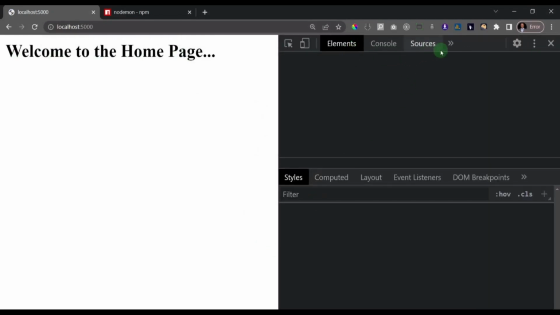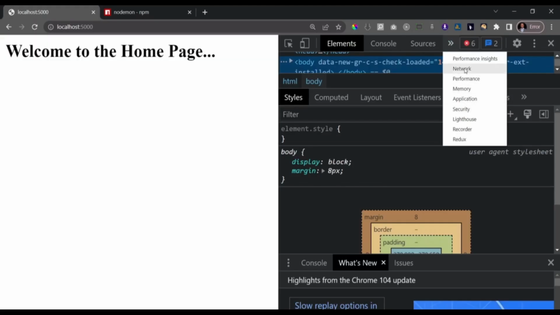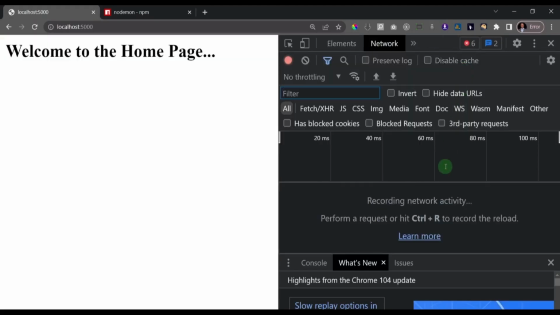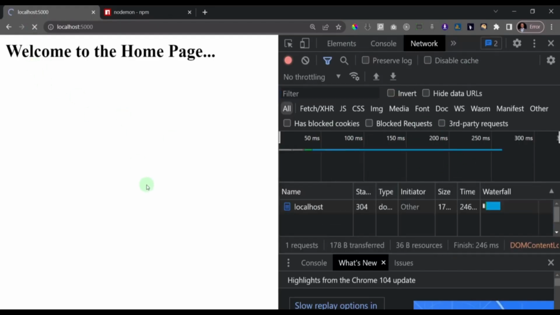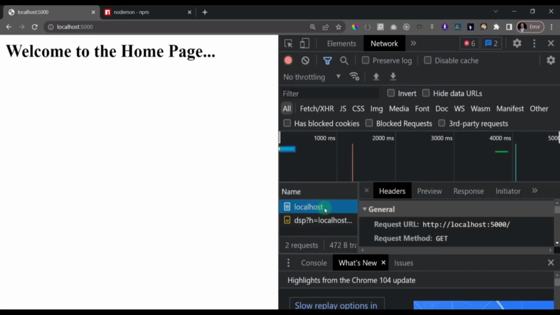When I inspect the page, I want to go specifically to the network tab. So you see network here, I'll click that and it will show me this piece of information. I'm going to refresh this page one more time. I've refreshed the page and the page is loading right now. Okay, the page is completely loaded. If you come to this point here, which shows the localhost, which is where we are currently, and you expand it,